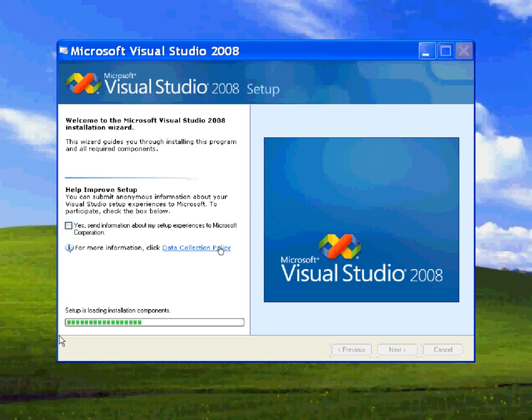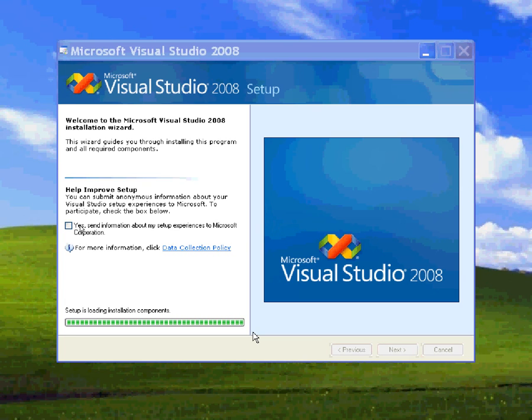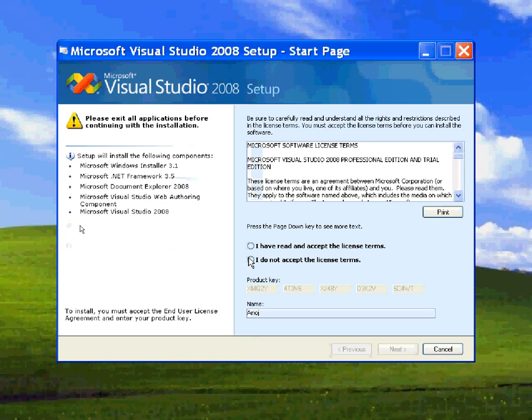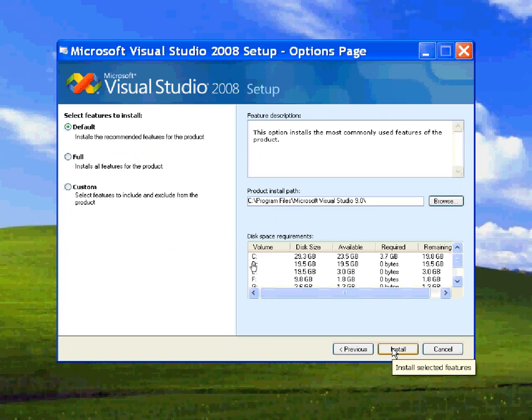Now setup is loading installation components. If you want to send information to Microsoft Corporation, then please select this checkbox. Now click next. Here we should click I agree.